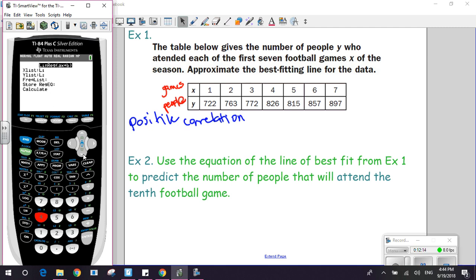We don't need to do anything with frequent list. However, for store regression equation, that's what that stands for, reg equa. So that's regression equation. We're going to store it. So to store it, we're going to hit